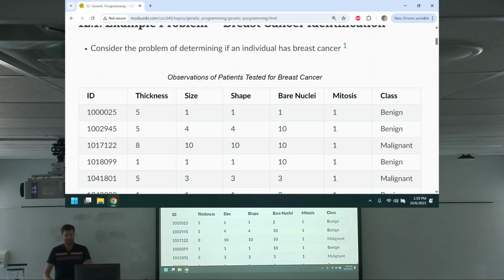So, raise your hand if you've done machine learning before, right? Okay, great. So, machine learning. Why are we doing machine learning? Well, if I were to say build a classifier to test whether or not someone has breast cancer based on these values, and I say write that program, I'm going to be in big trouble, right? I'm going to look at this table of data and be like,